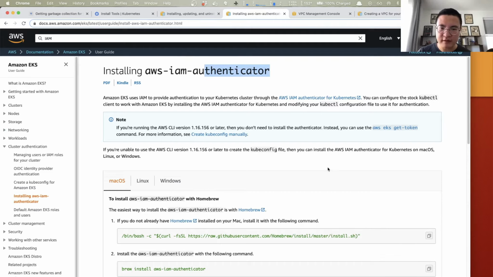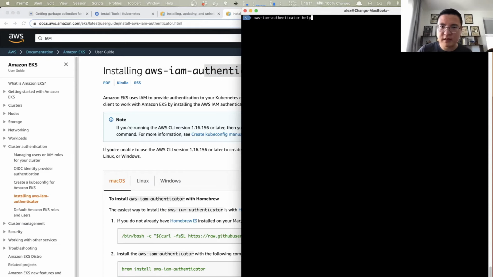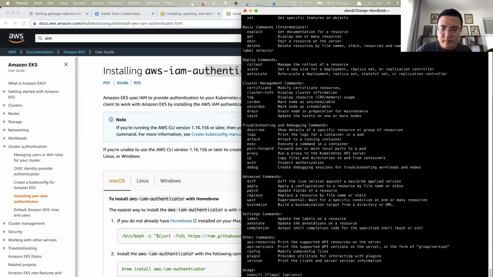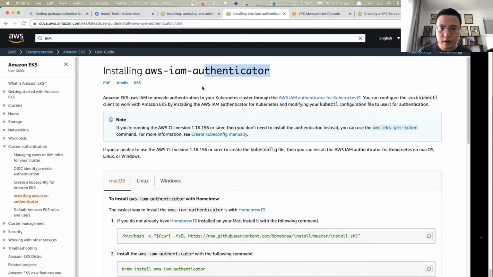So once everything is installed, go to your terminal and verify. Firstly, let's verify the AWS IAM Authenticator, just typing aws-iam-authenticator help. There should be something returned. Same thing for kubectl, and AWS. So once you make sure everything works as expected, we're good to go to deploy our first EKS cluster. So let me jump to my